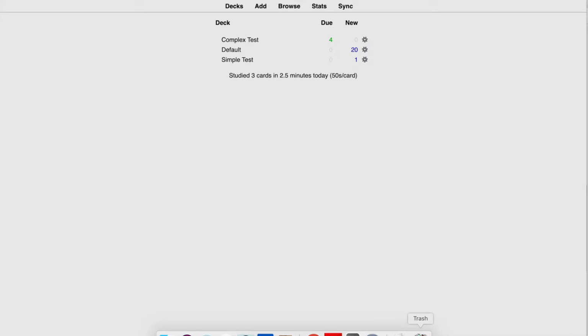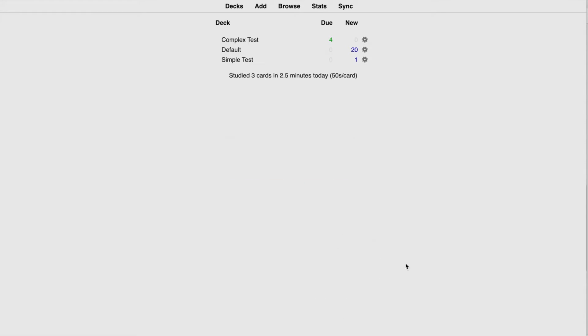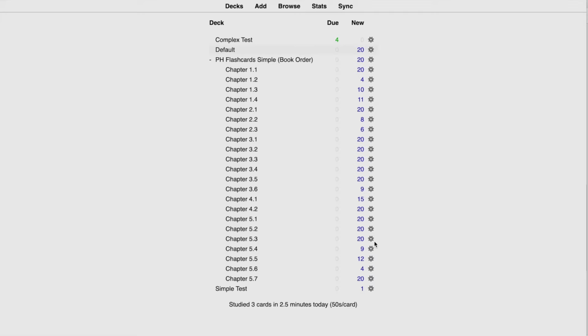Now, on the invoice that you have, you can download one of two different app packages. And I have them both downloaded here. In order to import them into Anki, once you have Anki installed, all you have to do is click on it once. So I'm going to click on the simple package, and it opens up directly.